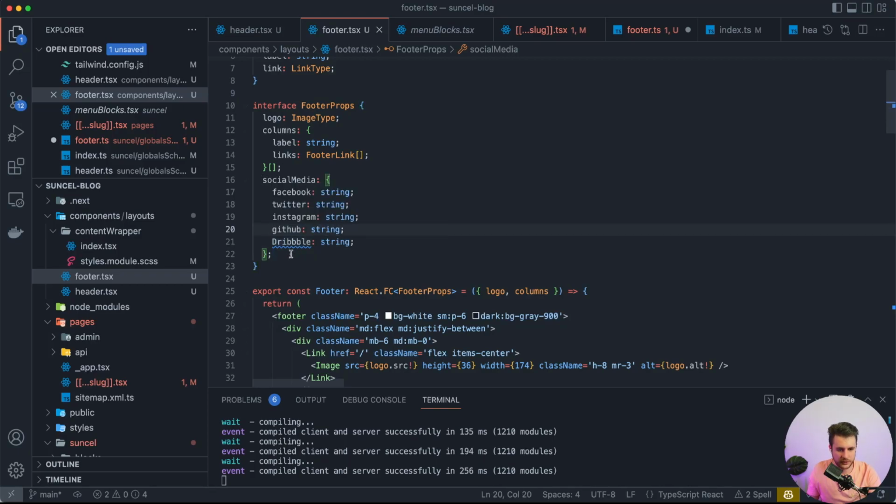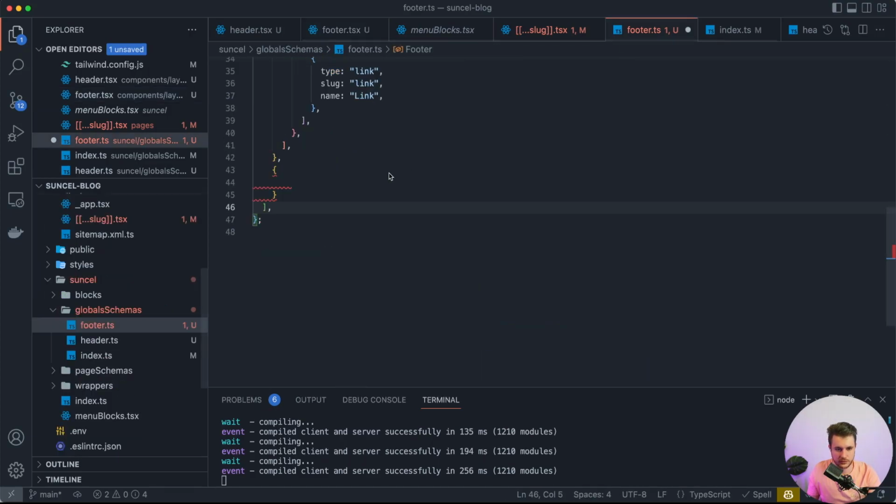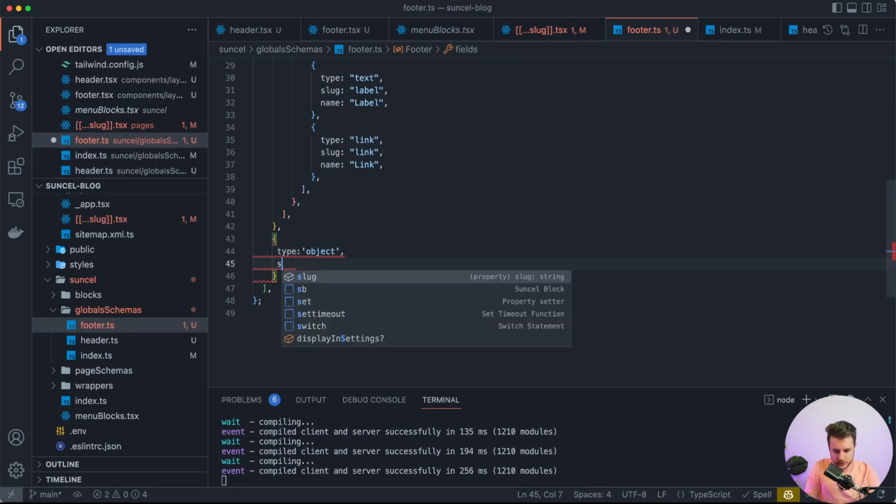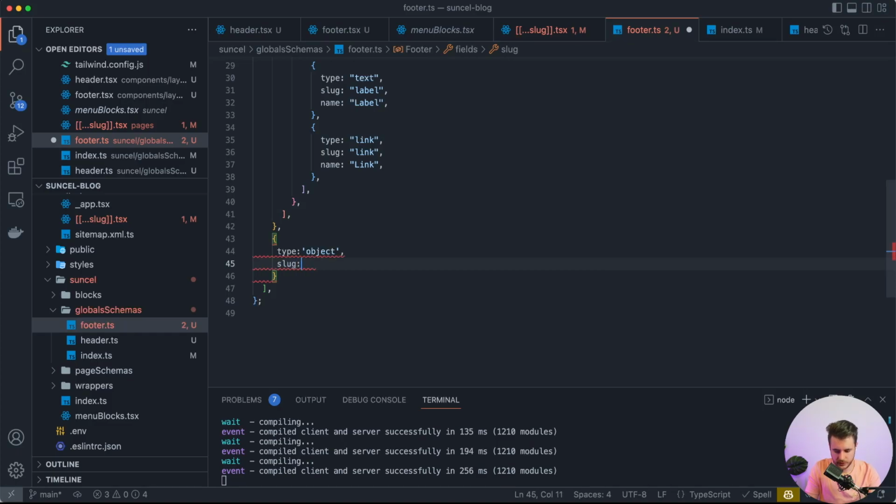Okay, so we want to have this shape in our global. So to have an object, we need to create a field of type object. So the slug will be, we said, social media, name social media,